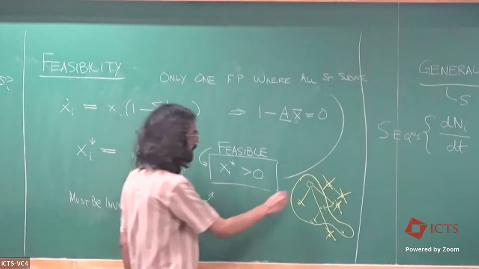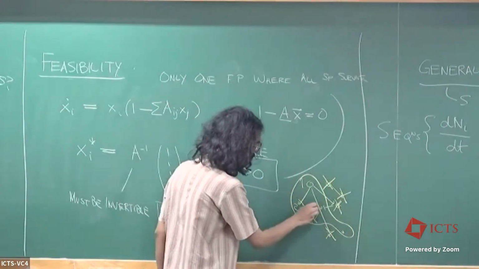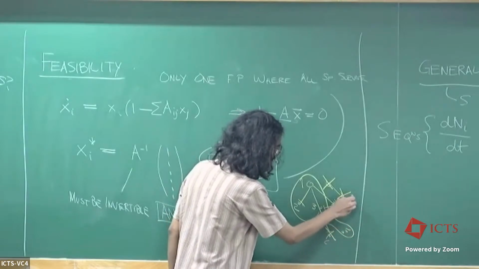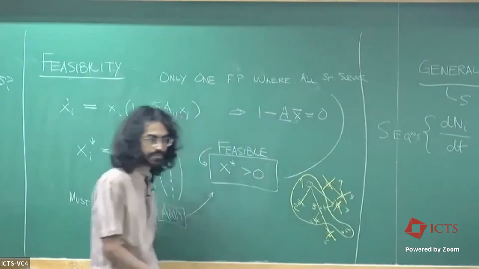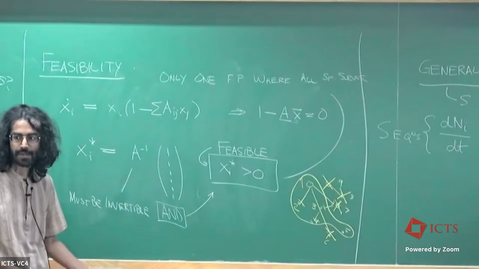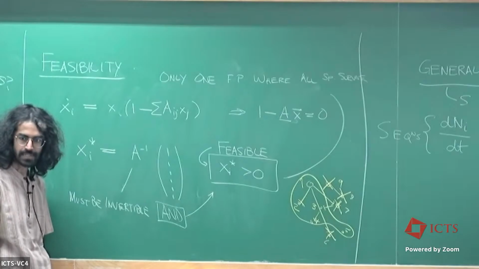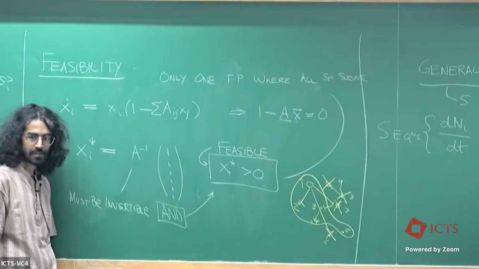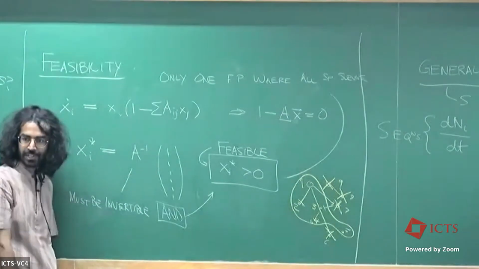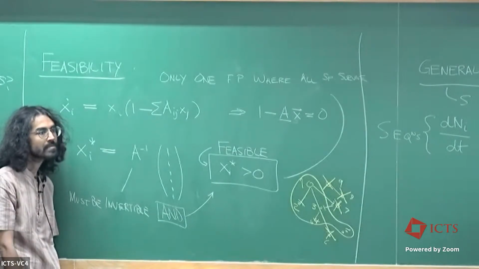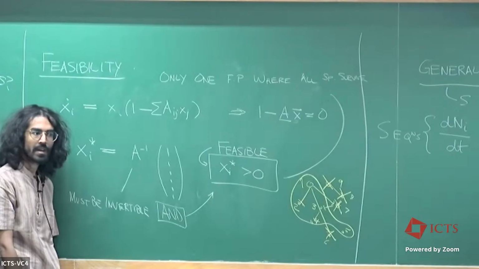Let's say these species labels are 1, 2, 3, 4, and 5, and 6, 7, 8, and 9 went extinct. How do I find that? I can't find it using this anymore, right? Why is that? Some of the entries will be negative. From the initial equations, make the thing 0 and